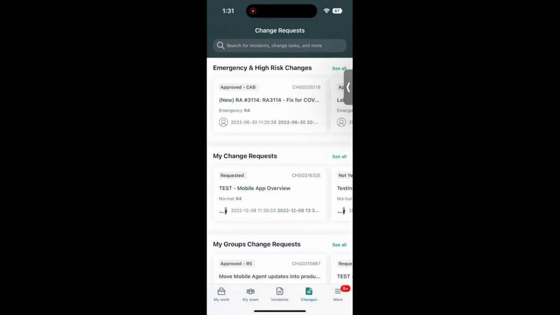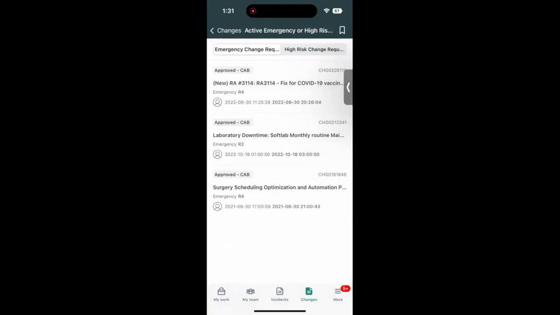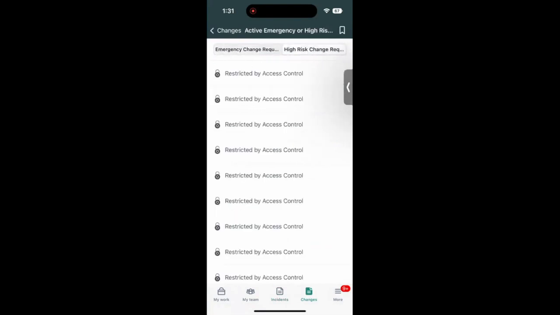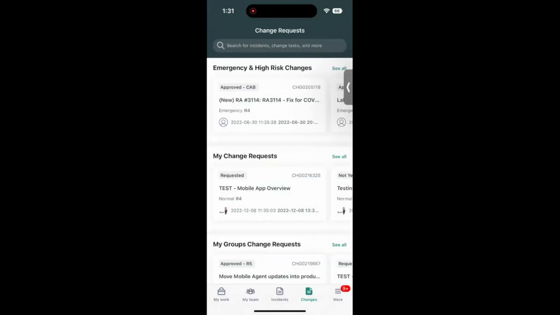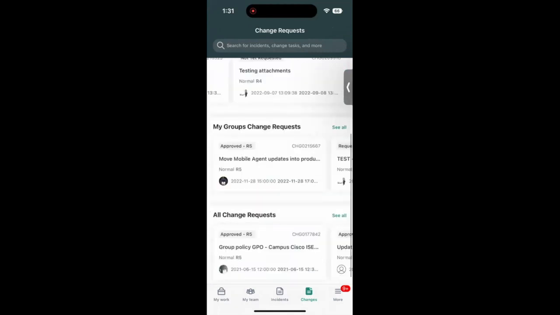At the top, we have emergency and high risk changes. So you can see anything that's an R2 or an emergency change, or even an R1 after this loads. Yeah, and if you see that screen where it says the access stuff, it's just loading. So just give it a second. Down below, you have your change requests. So anything that's assigned to you down below, my group's change requests, and then the same as the incidents, we